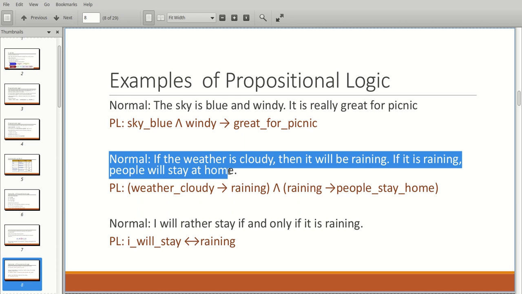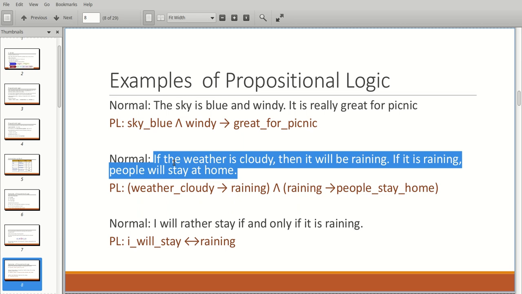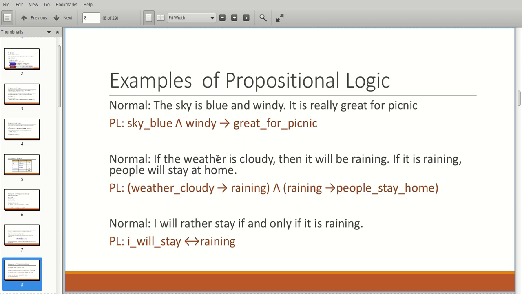And the next example, this one is a longer statement. You have how many here? You have 4 statements here. You have the weather is cloudy, and it will be raining. It is raining. You have 3, raining, because this one refers to the same thing here, raining, and the last one you have people will stay at home. Okay? So you have 3 propositions here,